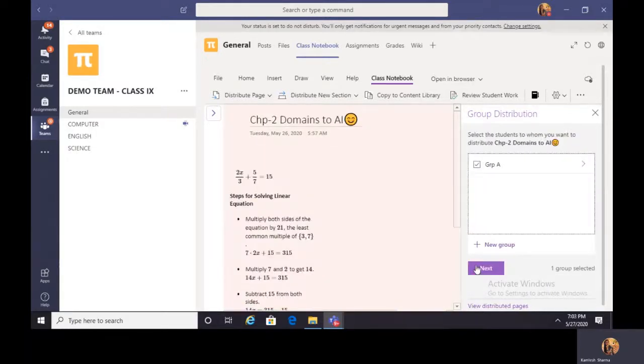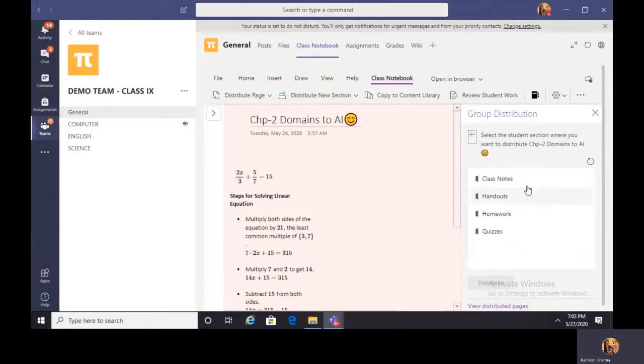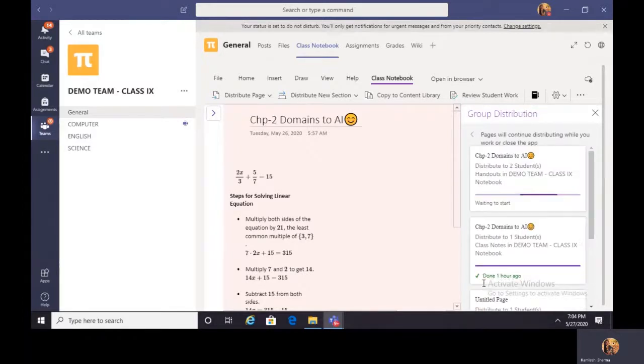Now once you select your group, click on next, and it is going to ask you where you want to send your page. Say for example I want to send it in the handouts. Click on the handouts and distribute. So it's going to take a little bit of time to complete.